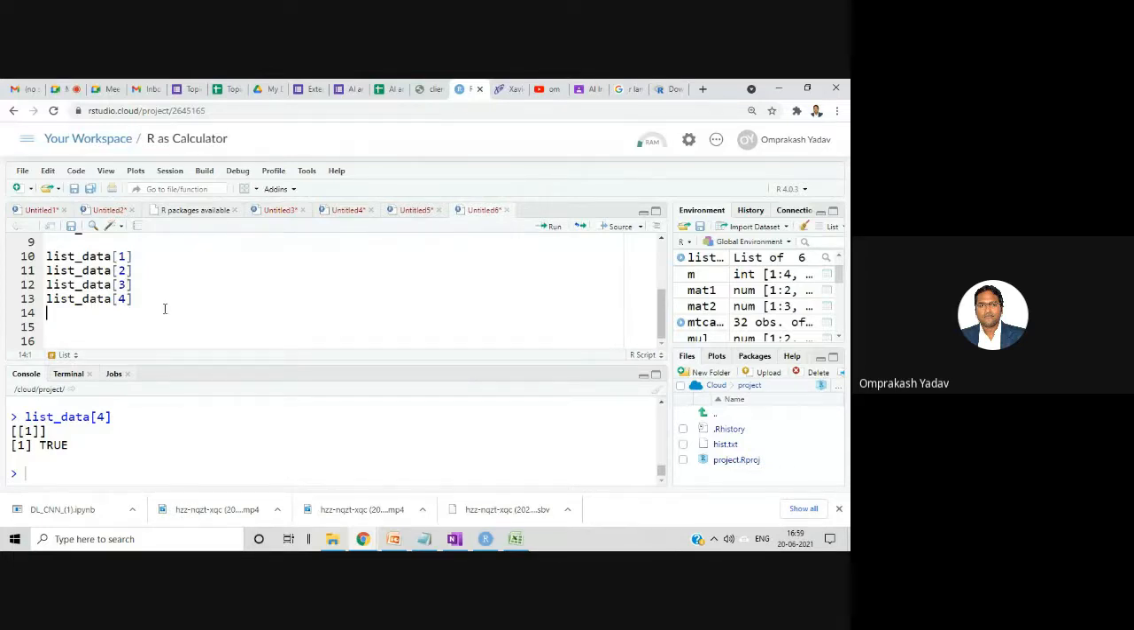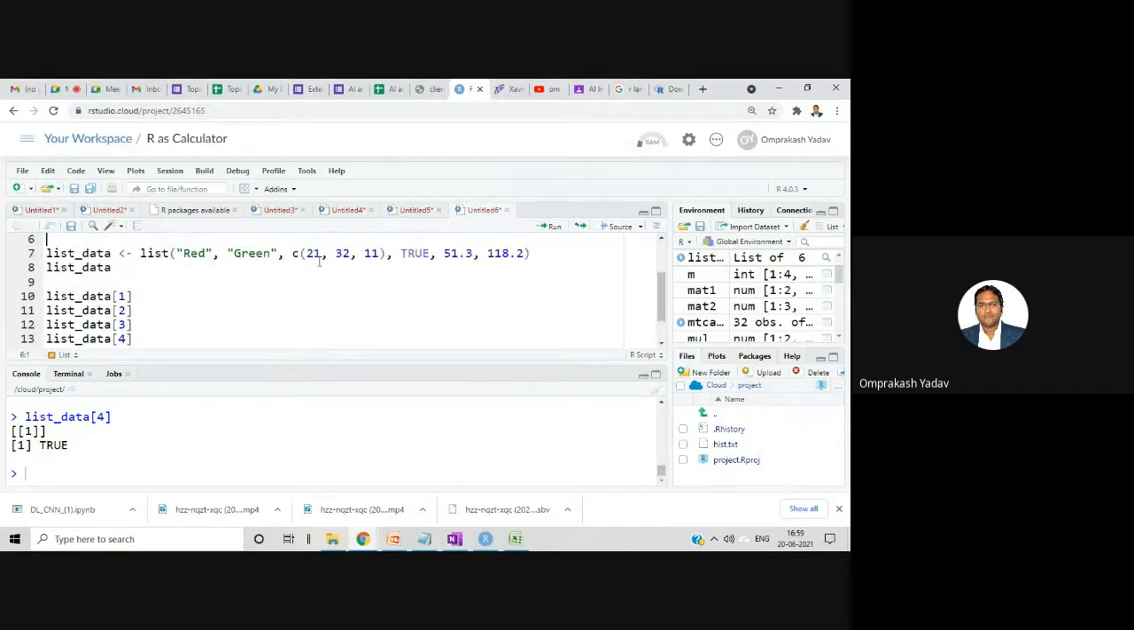Now, if we just see in the 3, I mean at third position, we are having one vector, right? Inside itself, there are 3 data, that is 21, 32, and 11. Now, suppose I want to access those elements, right? Which is there at position number 3. So what we can do,